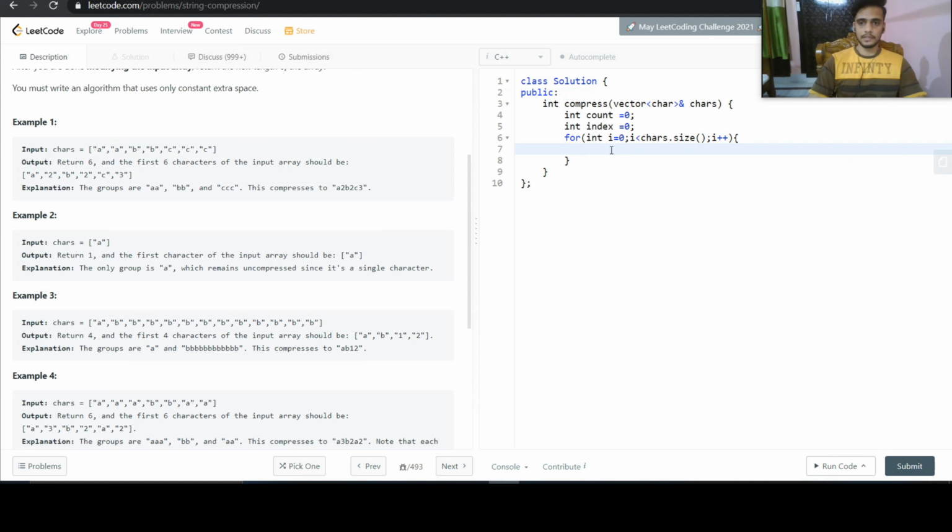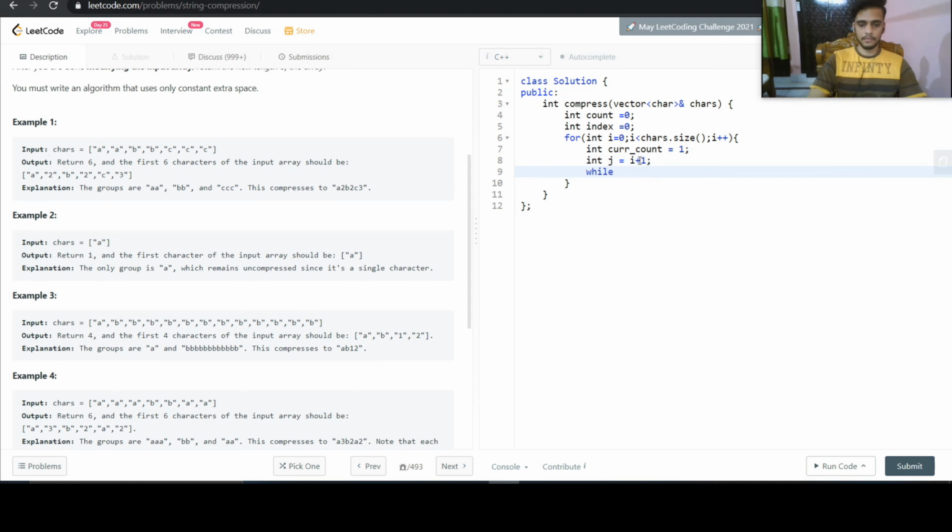Since we have already passed a character, we create a current count variable, which will have the current count of the character that we are currently parsing. Since it has already occurred once, it will be 1. And another variable, let us call it j, which will have the index one greater than the current one we are parsing. So it will be i plus 1.